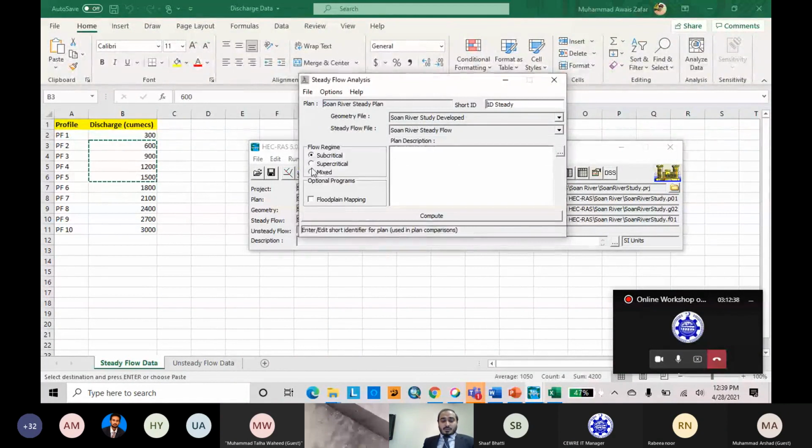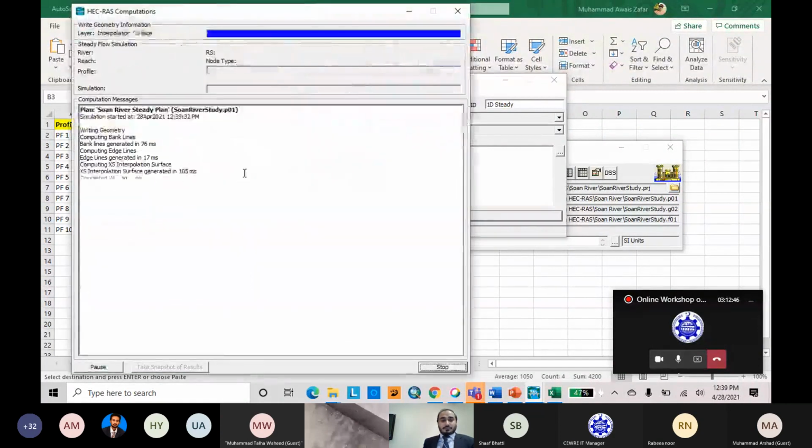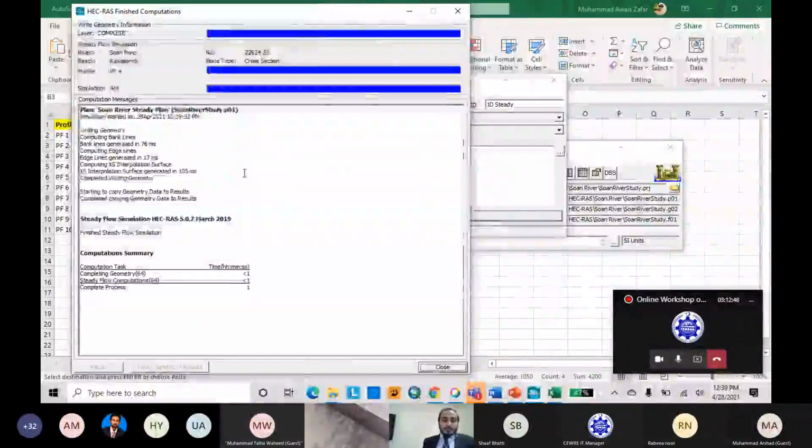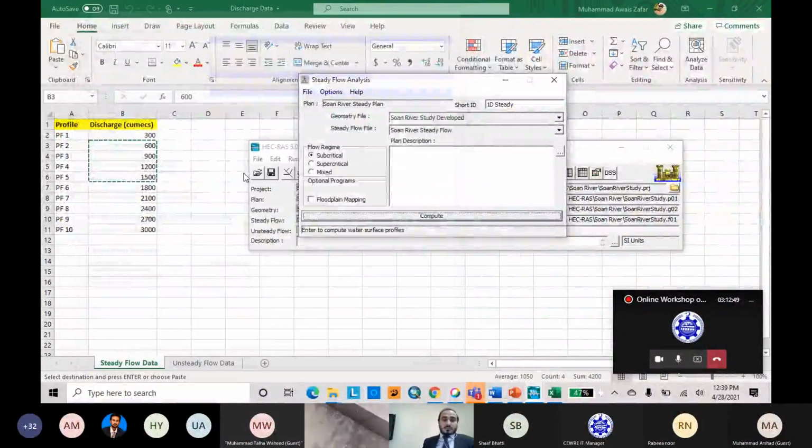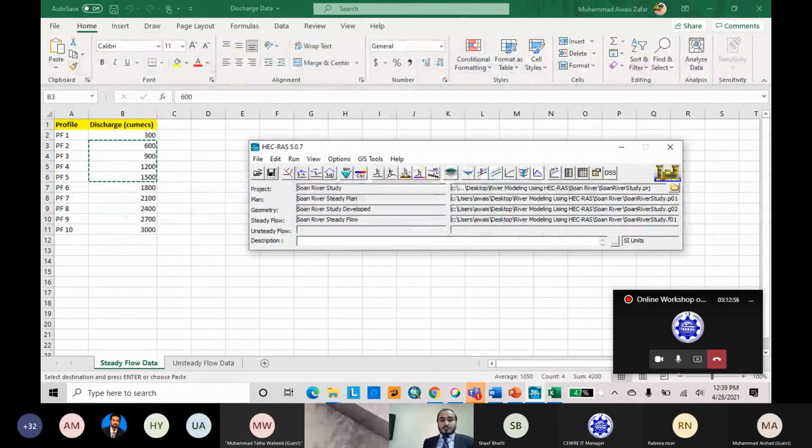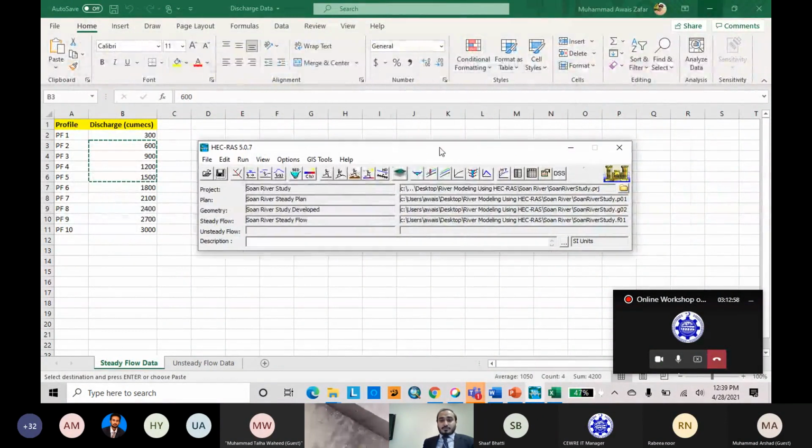If you have to use supercritical, then you have to specify the upstream boundary condition, or mixed flow. But we will use subcritical flow here. Here we have just completed our first simulation of steady flow. Save the data. It is essential to save every step.